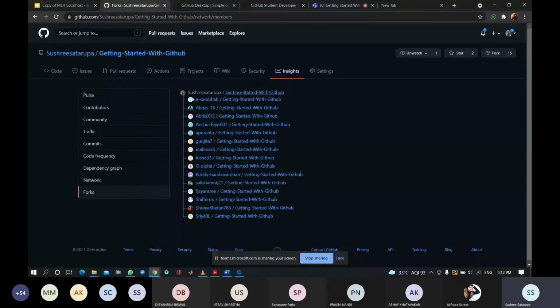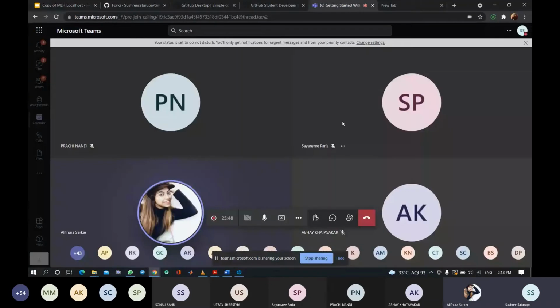You can all see who has forked the repository because it shows the forks inside the insights folder. I guess some of you are struggling with the forking thing. If anyone has any doubt, you can ask me about this.